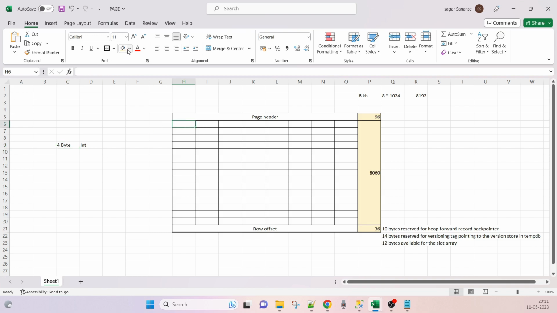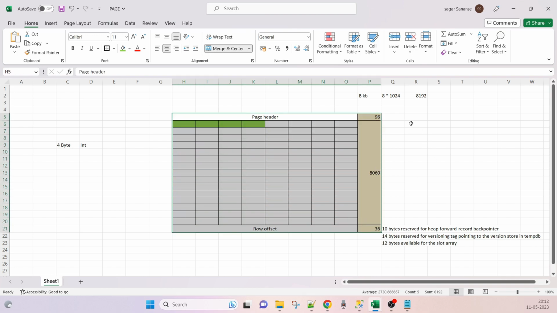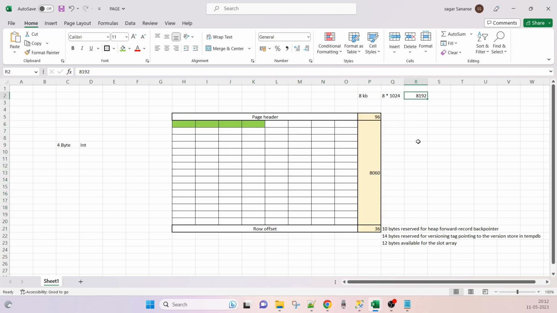I consider right now it as one page, and there is 1 byte for each block. So 1, 2, 3, and 4 means it will acquire 4 bytes in memory, correct? And this is nothing but the 8 KB. 8 KB means there are 8192 bytes,